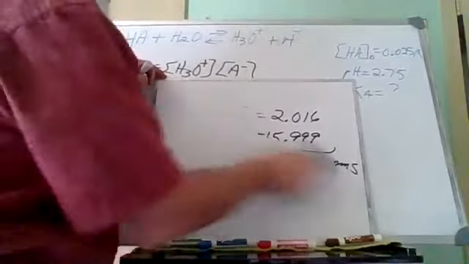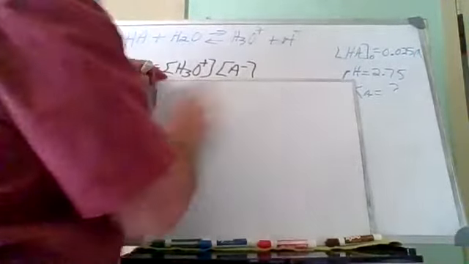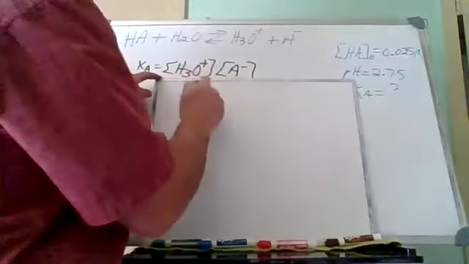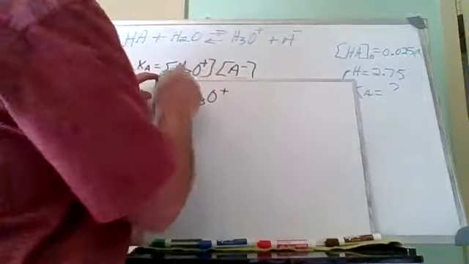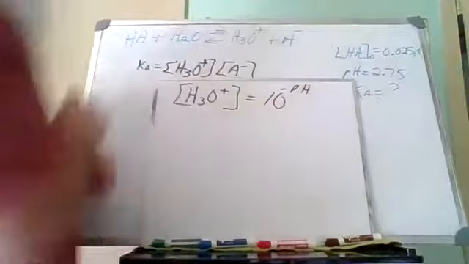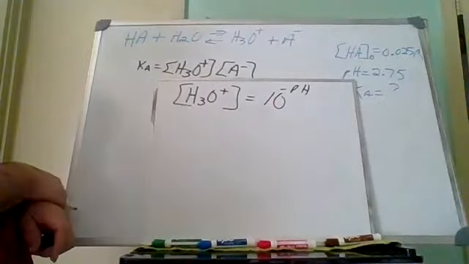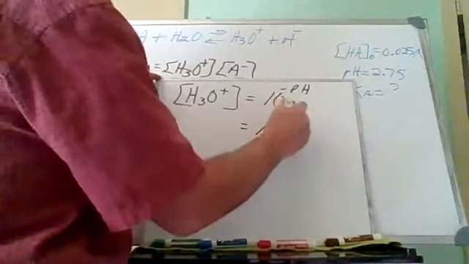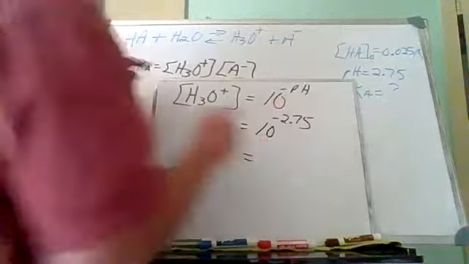Everybody remember how to calculate the hydronium ion concentration from the pH? The hydronium ion concentration is equal to 10 to the negative pH. We learned that last class. So 10 to the negative 2.75 is equal to,